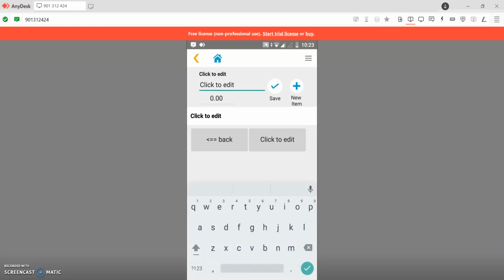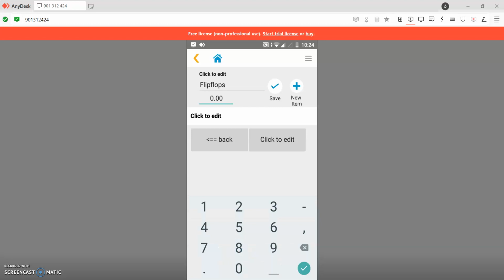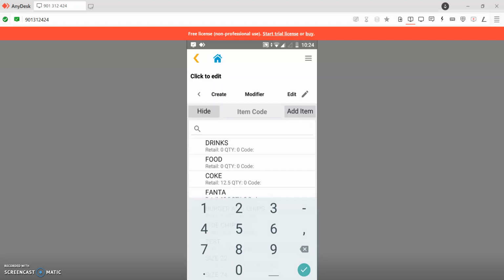So the click to edit, I'm just going to call this flip-flops. And I'm going to make my flip-flops 35 Rand. There we go. Now if I want to link stock to that button, I can go to new item and